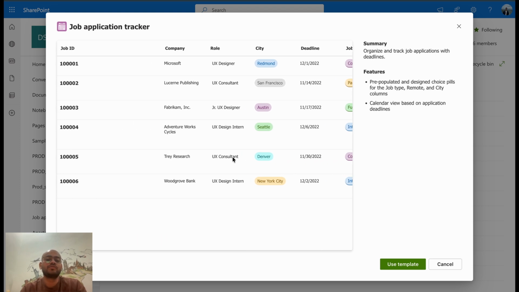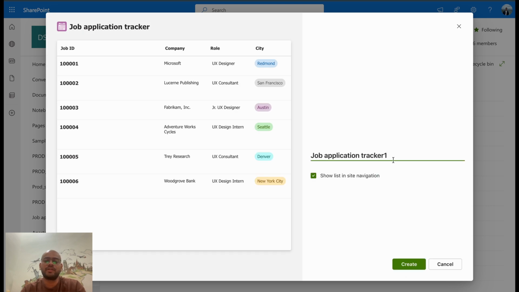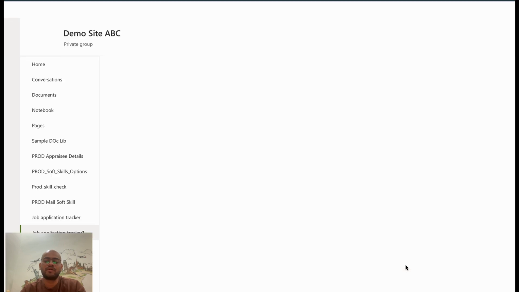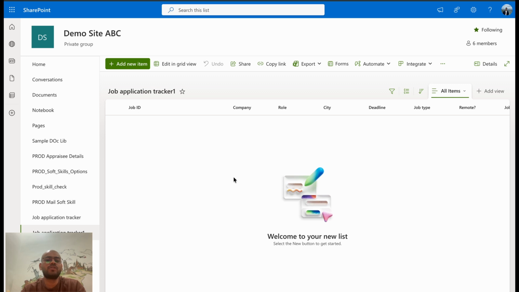So for that, you have to use this template. Click on use template, and this is the job application tracker. I think I already have one, so I will create a new one with this and click on create. If you see, there is one pop-up to allow connect to local devices. Just click on allow, but we have not received any sample data, right? So we can create a sample data. Let's first